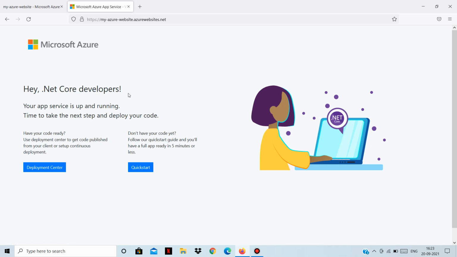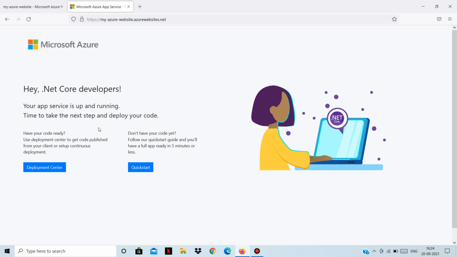Hey .NET Core developers, we deployed a .NET application. So it is saying your app service is up and running. Now you may be wondering how you can deploy your custom code, because this is the default web page which is deployed by Microsoft only.